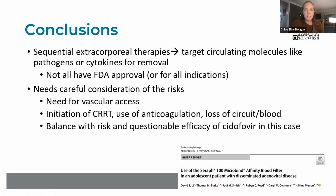So overall, I believe that this adolescent kidney transplant patient with disseminated adenovirus infection tolerated this first-time treatment with the Seraph 100 filter and had no major clinical adverse events related to the absorber, and overall had resolution of her adenovirus infection with good clinical response. And this would suggest that prospective clinical studies of this absorber for disseminated adenovirus infection and other non-SARS-CoV-2 and